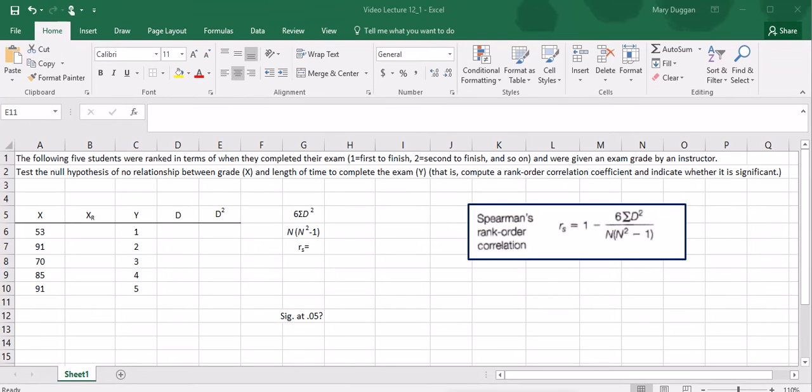In this first video on nonparametric measures of correlation, we will start with Spearman's rank order correlation coefficient. We use this test when we have sets of ordinal data. In other words, the data in each group are ranked. Most often in correlation, we have interval level data, and we use a process that you're going to learn about